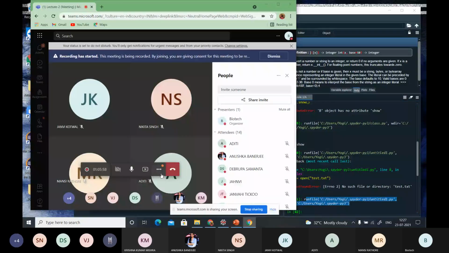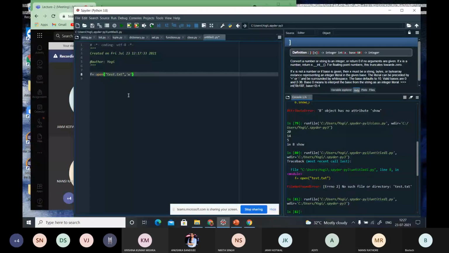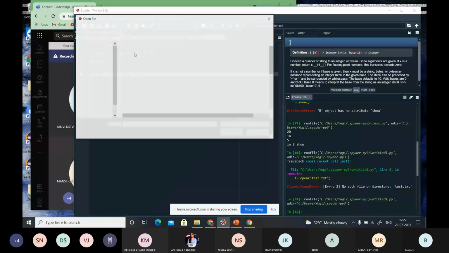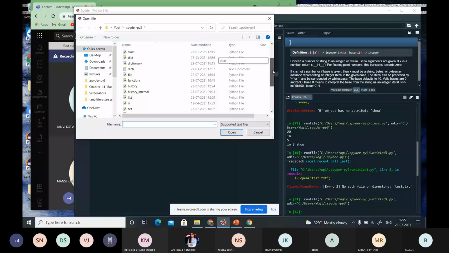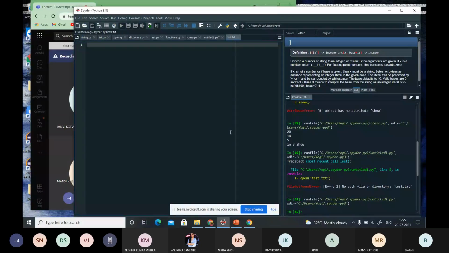Okay, so now see, I have created this file by opening it in text mode, W mode, right? Now, if I want to check my directory, these are the areas in Spyder Py3 where all my Python related files are stored. If I check here, see, this is my file, present. If I open this file, it is blank, nothing is there, because I have just opened the file. I haven't performed any modification, right?